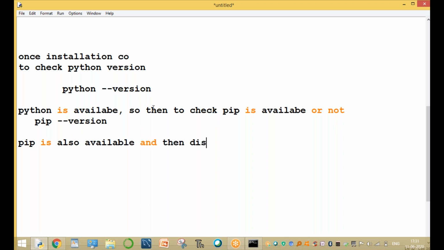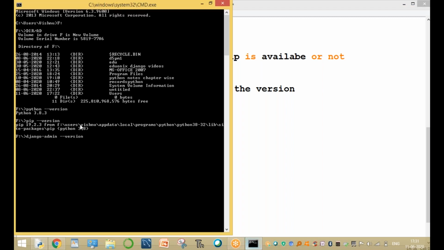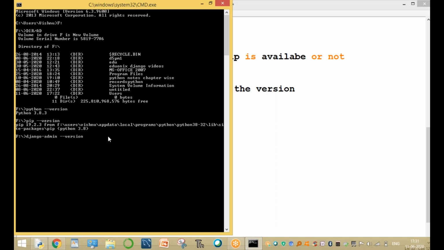Python 3.8.3 is displayed. The pip version is displayed, 19.2.3. Okay, pip is available and Python is available.